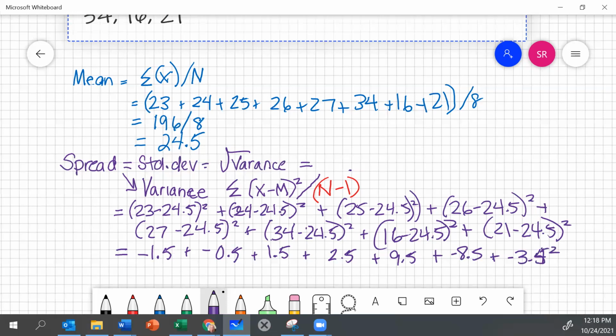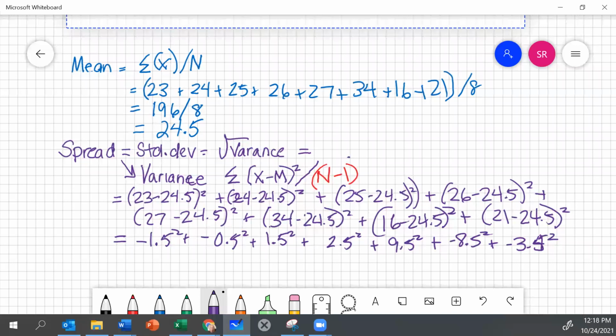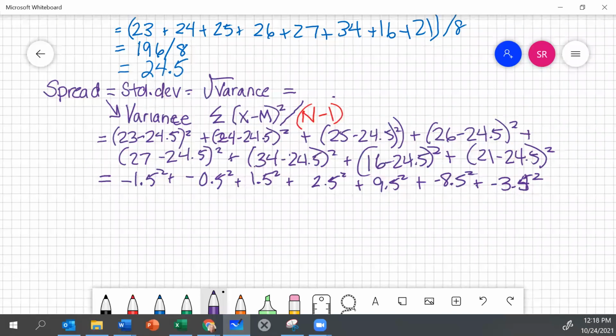And all of these are going to be squared. So our next step is to square all of these. So minus 1.5 squared equals 2.25, plus minus 0.5 squared equals 0.25, plus